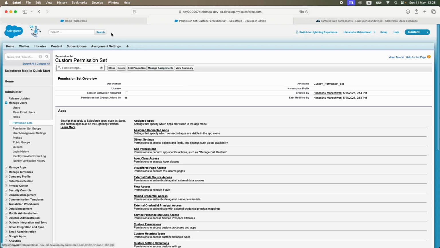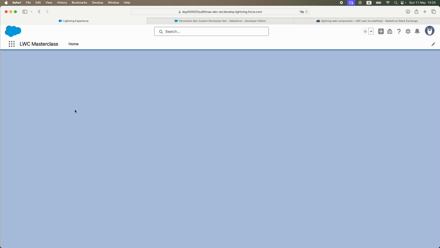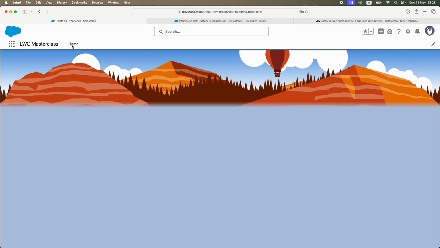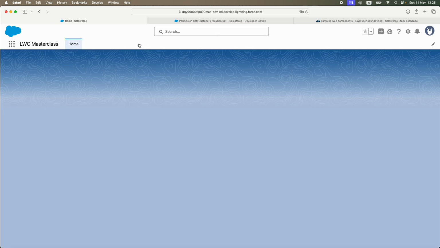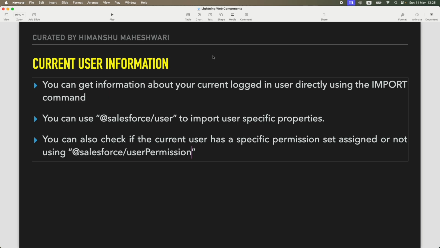Let's go back to Salesforce and let's refresh our component. So the current user ID is here. And what about the permission set? Let's go back home. So does he have the permission set enabled? There's nothing showing up here. Okay. What if I were to,